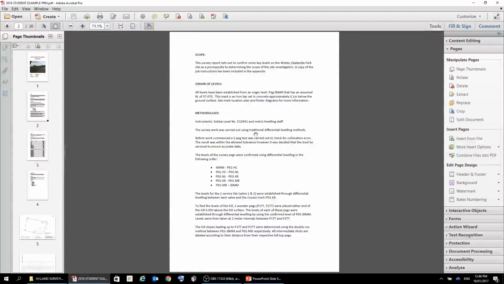So the datum is the datum that you're working on. In this case here, 2016, we used an assumed datum. In 2017, I've decided that we will use a live datum, a Motoriki datum. So the origin of levels and the datum, level datum would be